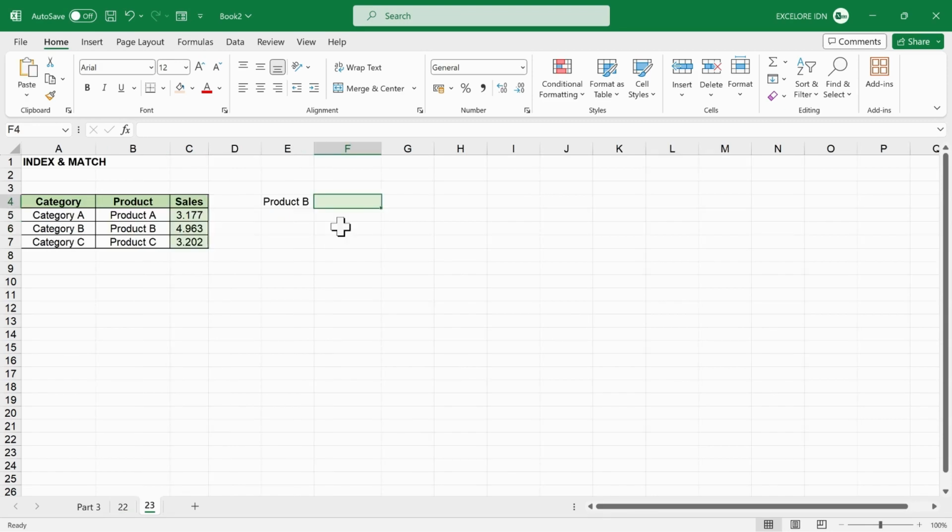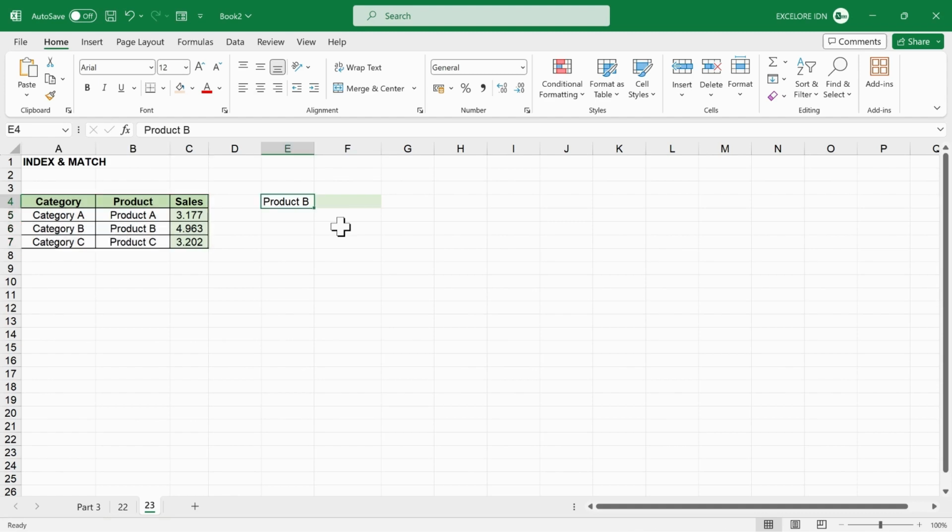INDEX and MATCH is a commonly used alternative to VLOOKUP because VLOOKUP is incapable of searching for data to the left of the keyword. The INDEX function is used to locate data in the search column that matches the provided keyword, whereas the MATCH function is used to determine the column in which the keyword is present. This keyword column can be to the left or right of the search column. For instance, suppose we intend to identify the category of product B in this range. In this case, product B will be the keyword.